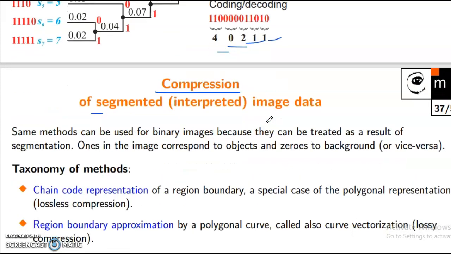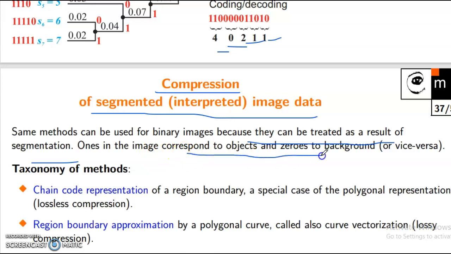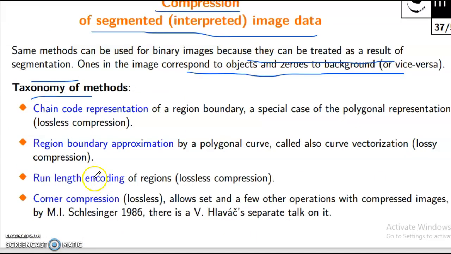Compression of segmented interpreted image data. The same methods can be used for binary images because they can be treated as a result of segmentation. Ones in the image correspond to objects and zeros to background, or vice versa. Taxonomy of methods: chain code representation of a region boundary, a special case of the polygonal representation. Lossless compression. Region boundary approximation by a